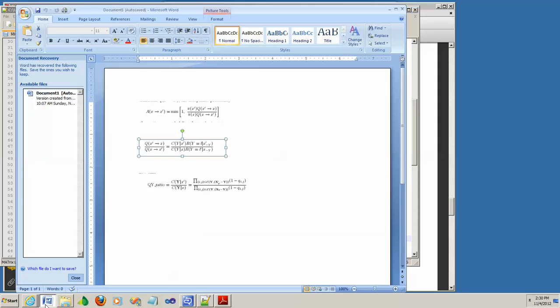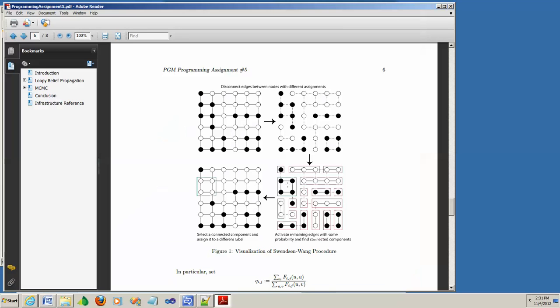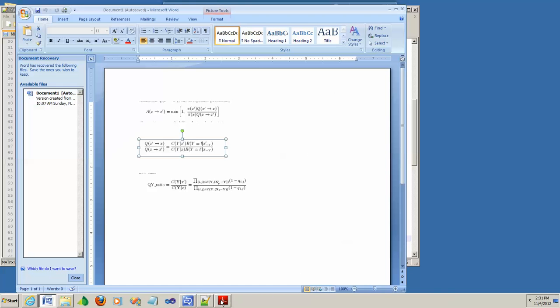So we got the log QY ratio, we have the R distribution. Now this given x prime minus y, meaning when we were changing this green box, the rest of these x minus y variables, none of those have changed from this transition to this transition. So we have all these values now. So we know how to calculate this q of x prime to x divided by q of x to x prime. You put that here, and then you are left with this remaining one, which is pi of x prime divided by pi of x,